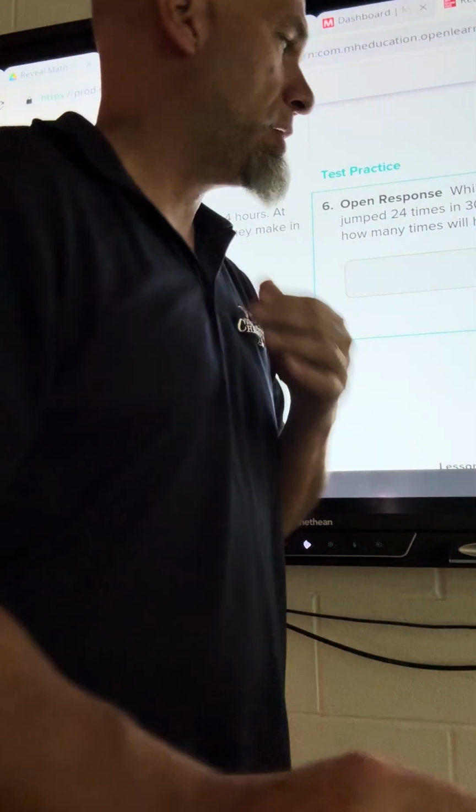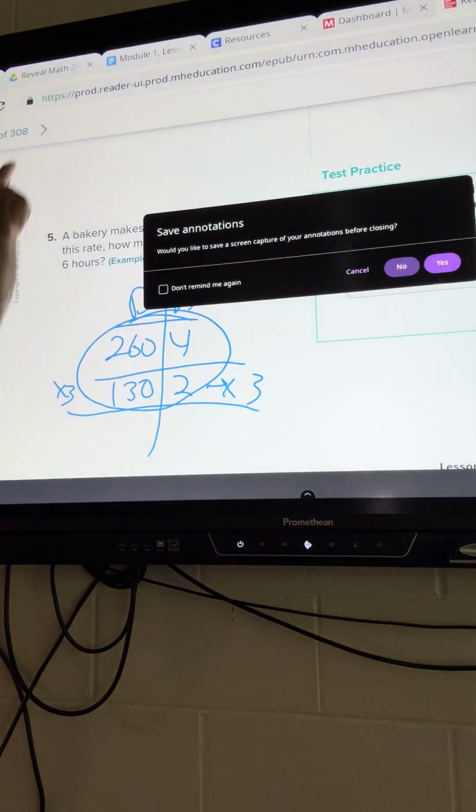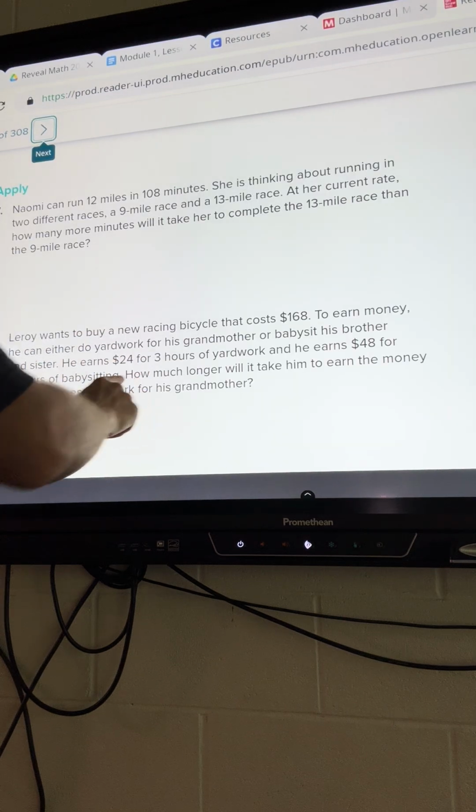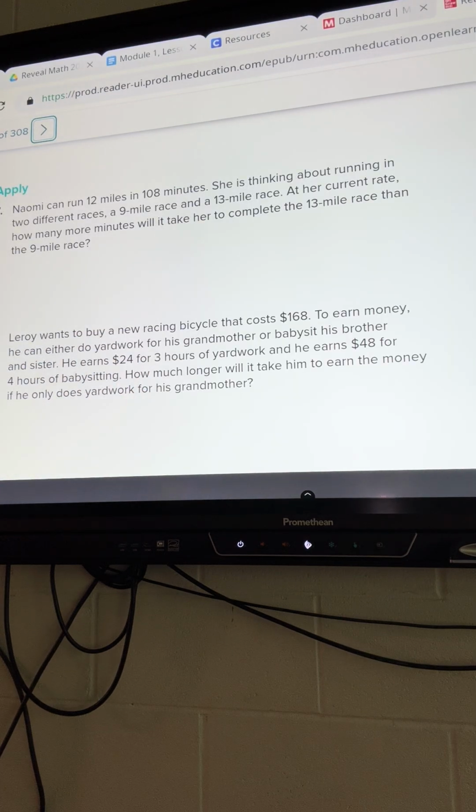All right, number 7. Naomi can run 12 miles in 108 minutes. She is thinking about running in 2 different races. This is just like